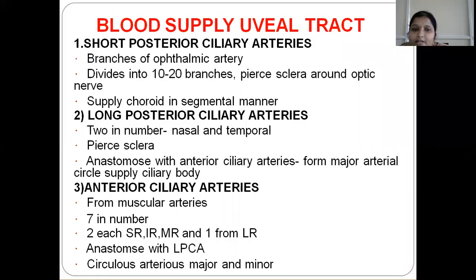The anterior ciliary arteries arise from the muscular arteries. So what are the four rectus muscles present in the eyeball? Superior rectus, inferior rectus, medial rectus and lateral rectus. So there are two anterior ciliary arteries arising from each recti muscle artery. So there will be two arising from the superior rectus, two arising from the medial rectus and two arising from the inferior rectus. But there is only one artery arising from the lateral rectus. So there are totally 7 anterior ciliary arteries, and these, as already mentioned, anastomose with the long posterior ciliary